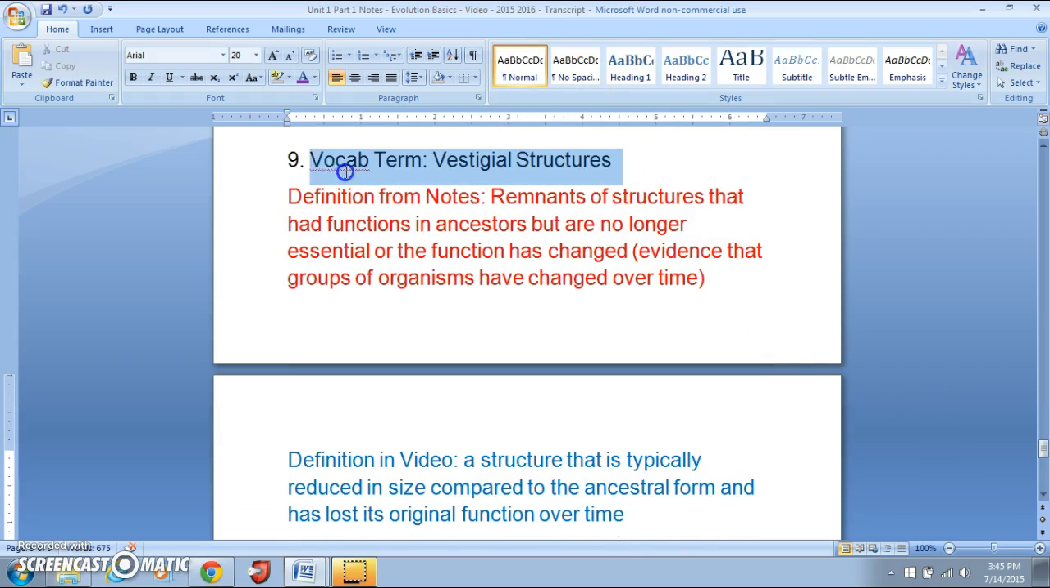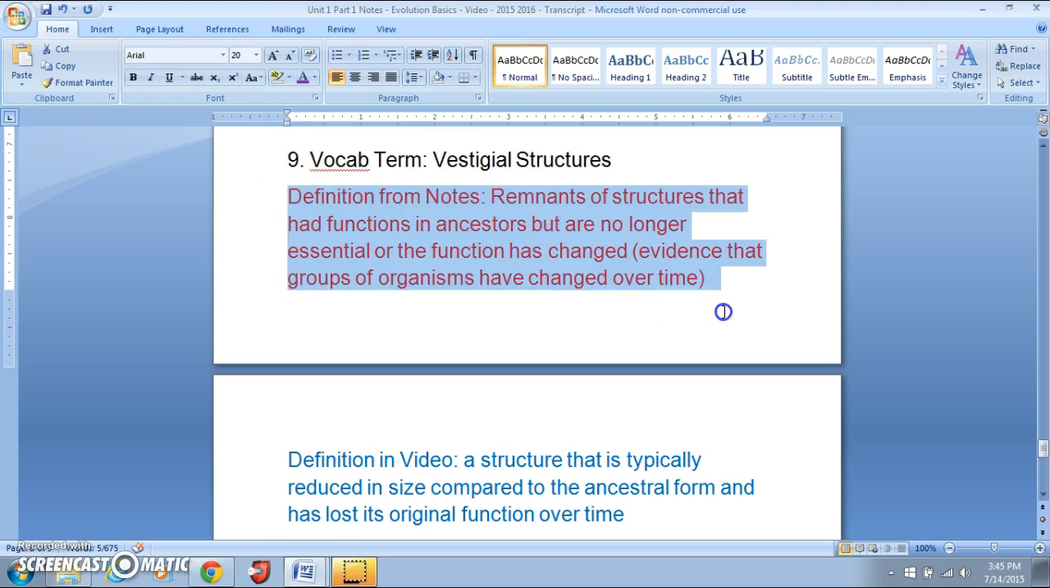Our last term for this video, number 9, is vestigial structures. In the notes, we define vestigial structures as remnants of structures that had functions in ancestors but are no longer essential, or the function has changed. And this is evidence that groups of organisms have changed over time. In the video,